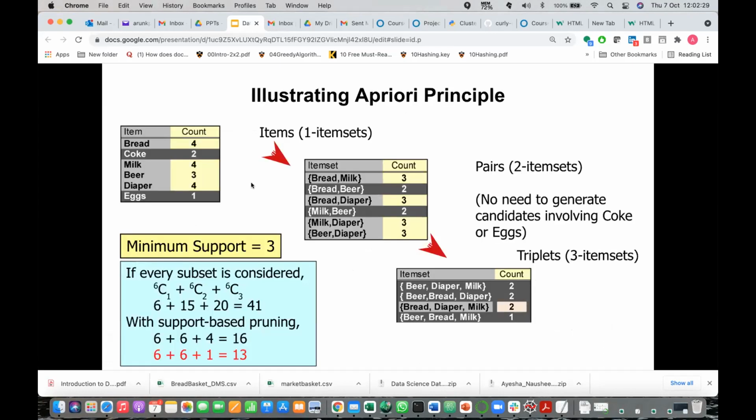See here, F1 is how much here? All this set is called F1: bread, Coke, milk, beer, diaper, X. Your Lk plus 1 is you need to add elements to these things. Then bread and milk, bread and beer, bread and diaper, these things. In this again, you will eliminate some of the things.